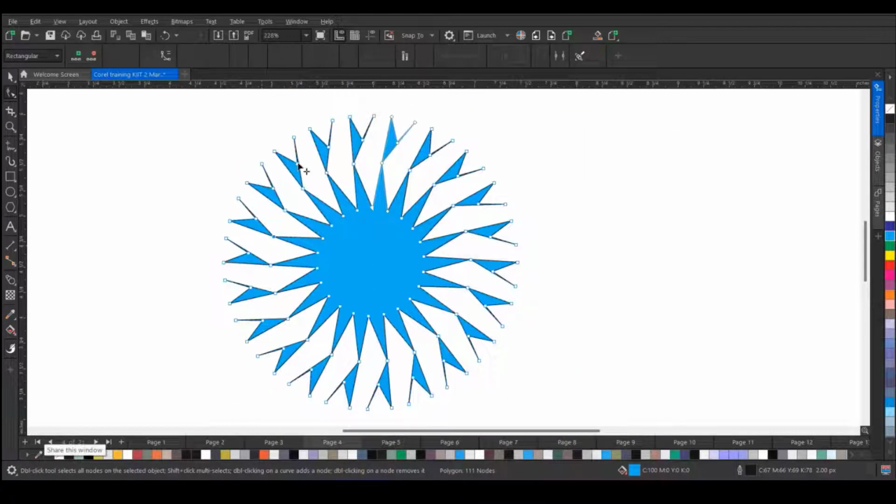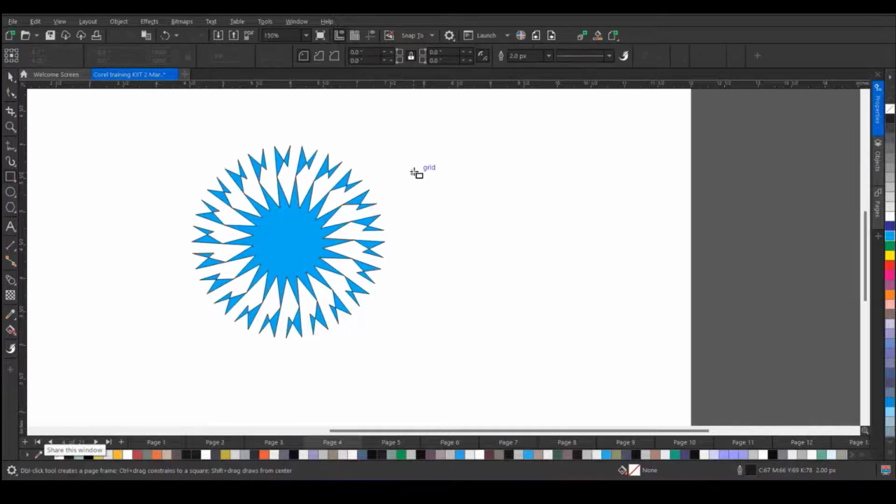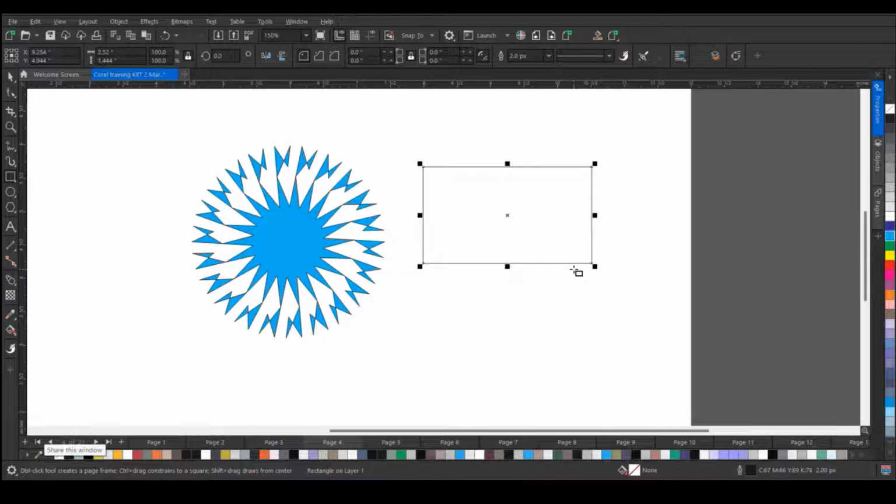So very easily you can tweak the nodes. And the same thing goes with any other shape. For example, I want to tweak a rectangle. So this is a normal rectangle. If I want to make the